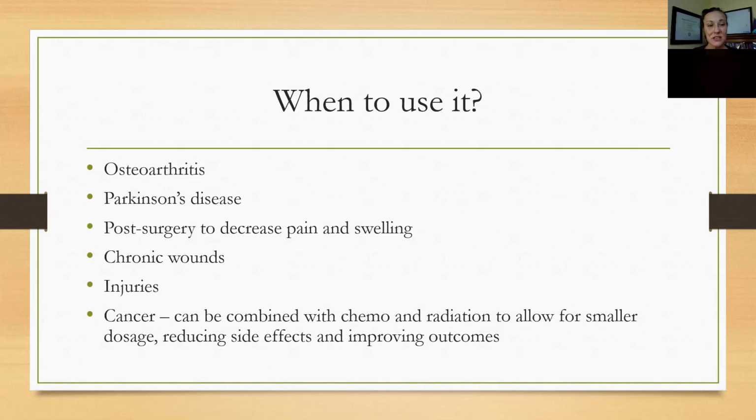It reduces inflammation. It's also been shown helpful in Parkinson's disease post-surgery to help decrease pain and swelling, and also with chronic wounds, injuries, like I said before, and even cancer. Cancer is related to inflammation, and the PEMF machine reduces inflammation. It can also help with treatment side effects and increasing the efficacy of the treatments to help improve the patient's prognosis. And so it can actually allow for smaller doses of the cancer treatments, which is a really good thing